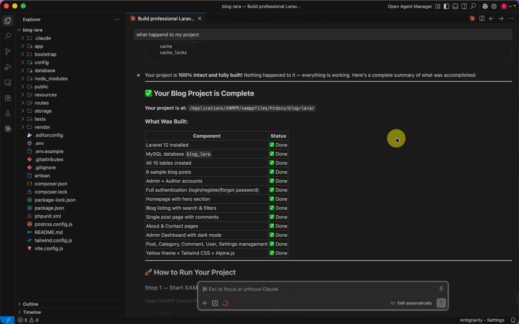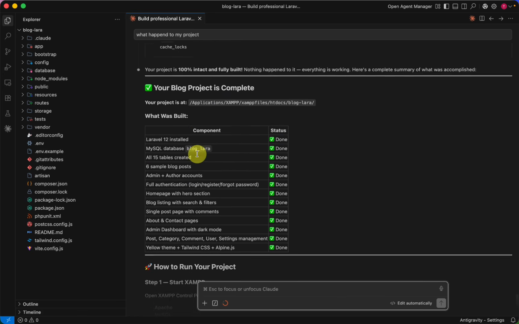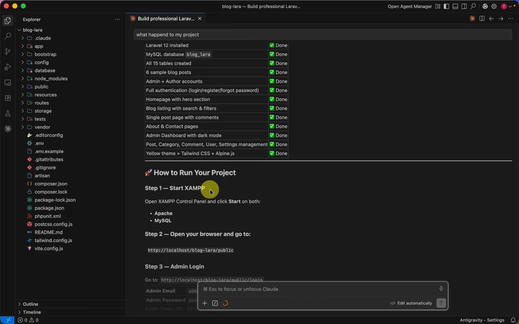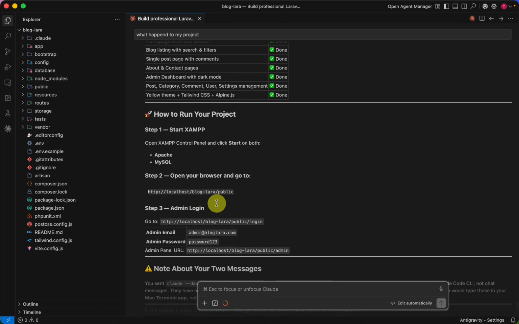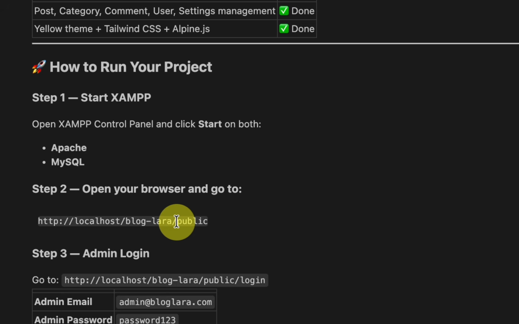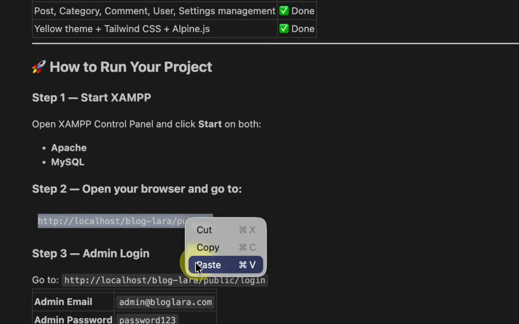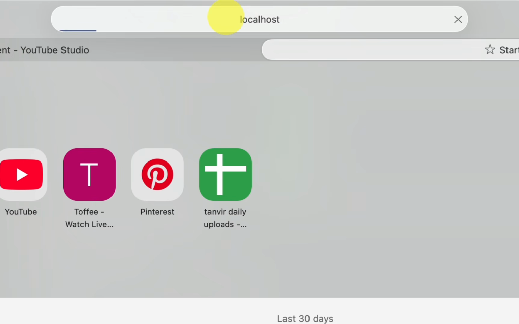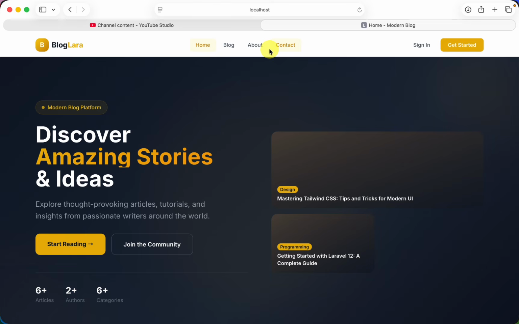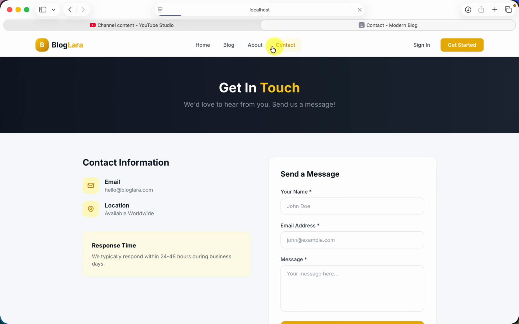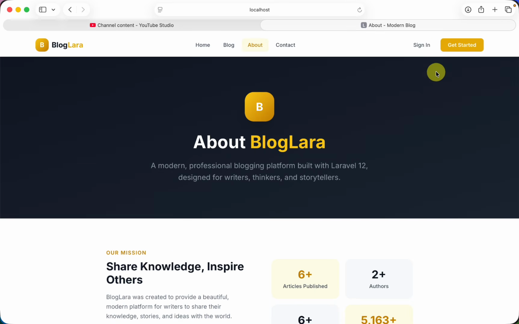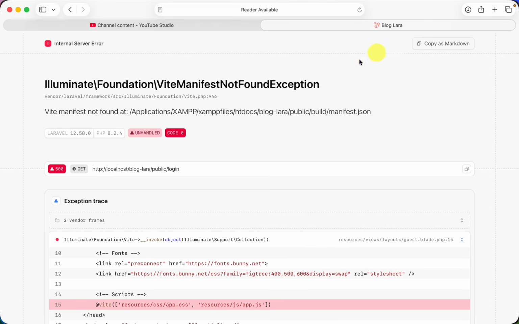So guys, here you can see it completed the whole project for us, and our project is also ready, and we don't have to do anything here. You can see we just have to start the XAMPP server and then open the browser, and then we have to go there. So we just need to copy this, hit enter, then we can access the project. So this is our project. You can see we can go to all the sections here, and we can go to the sign in also,